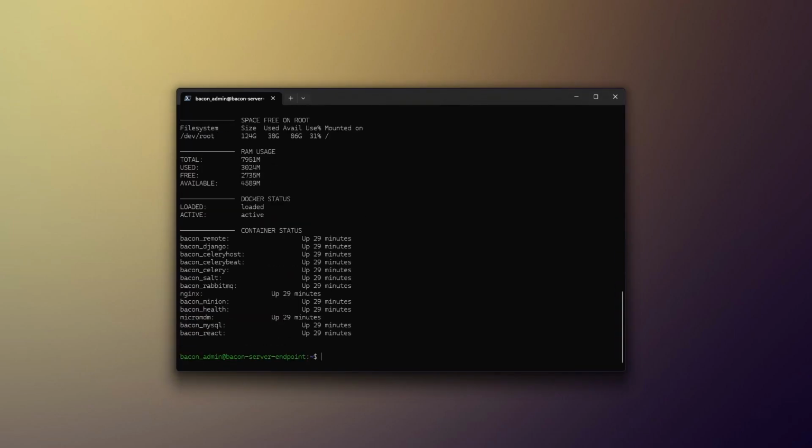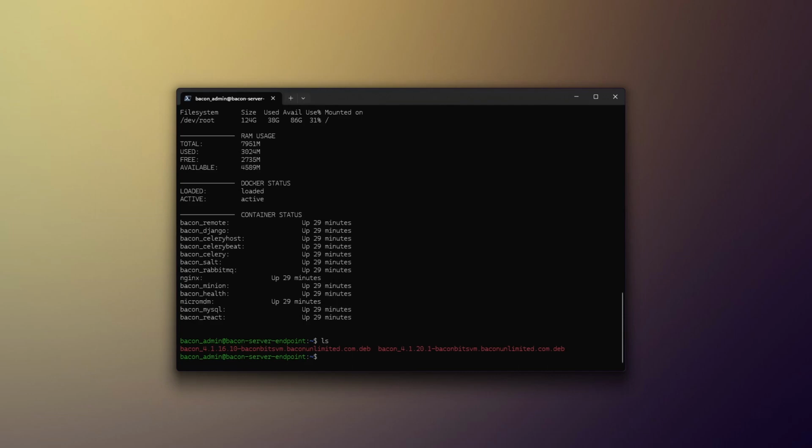To connect to the server, I'm going to use SSH, though keep in mind you can also use something like PuTTY if you prefer. So I'll type in SSH, then my username, and then here I want to enter either the server IP address or the FQDN. After that, follow it with my password. And from here, if we do an ls, we can see our file that we copied over is the 4.1.20.1